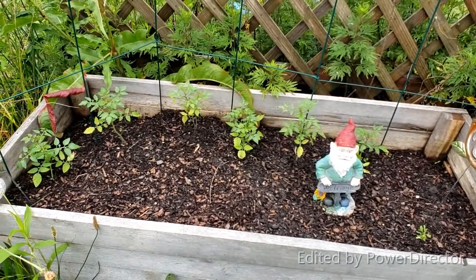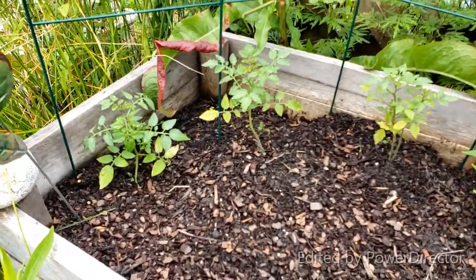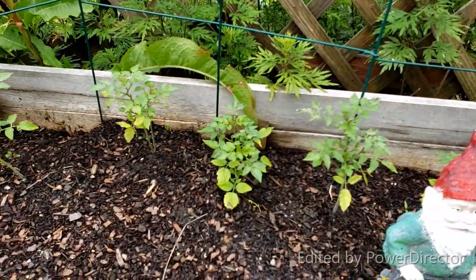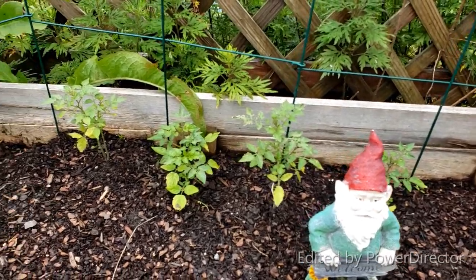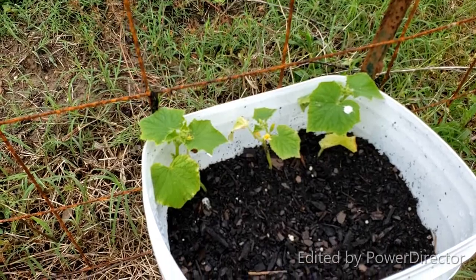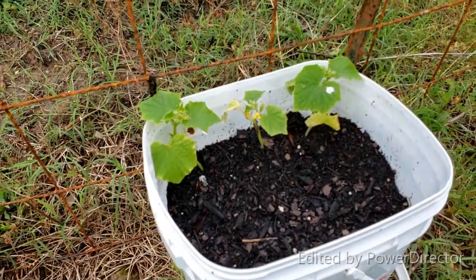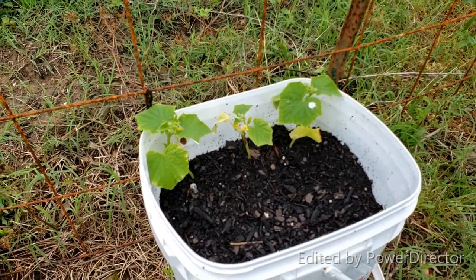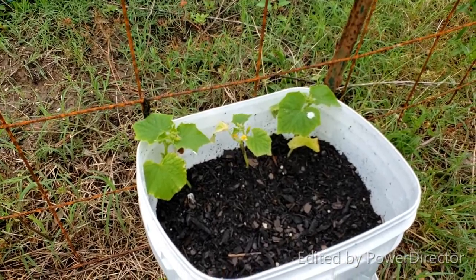Okay, it looks like these tomatoes are doing great. I planted those in my leggy tomato video, and you can see how big they're already getting. I probably should come out and prune some of these bottom leaves that are turning yellow. But yeah, currant tomatoes, one of my favorites. All right, my cucumbers pulled through, and you can see they're actually setting flowers now. So that's pretty cool. Looks like the birds have been in here because there's some bird poopy damage, but that's all right. I'm going to come through and prune off some of these yellow leaves soon